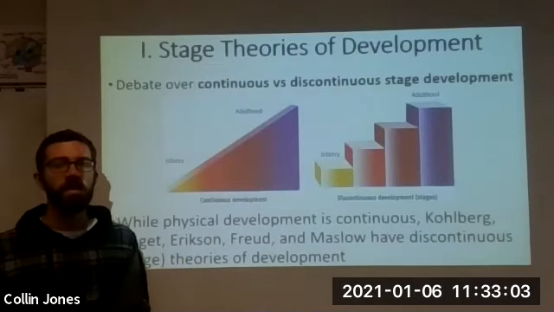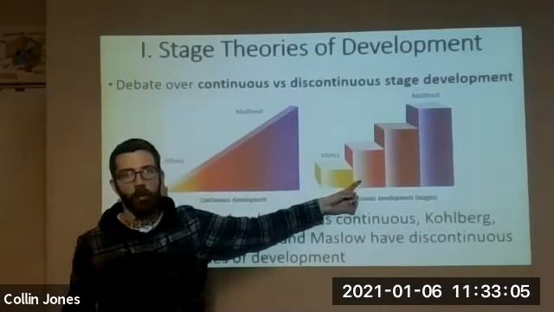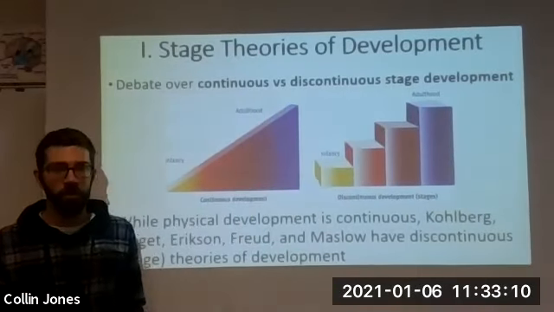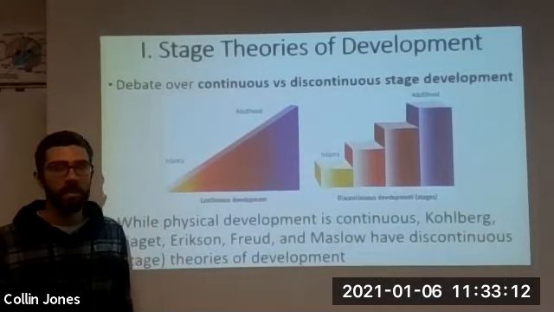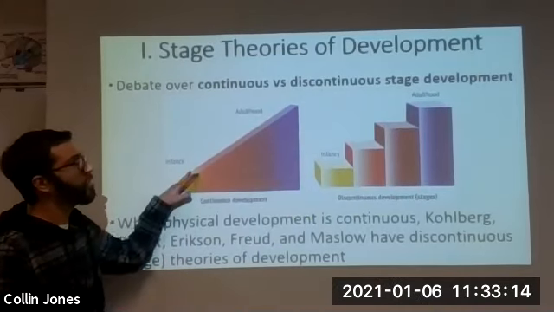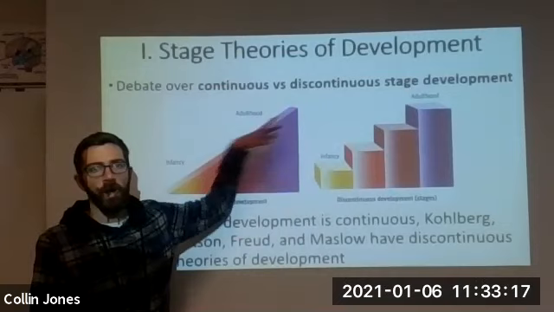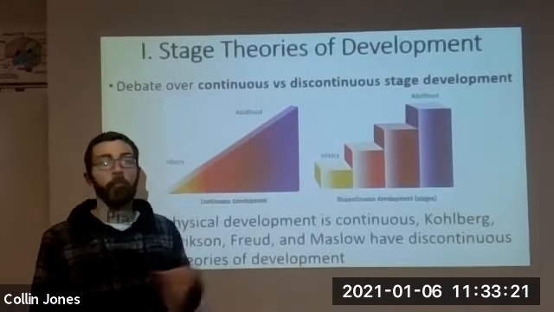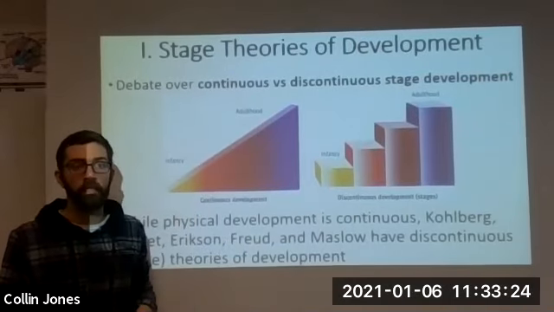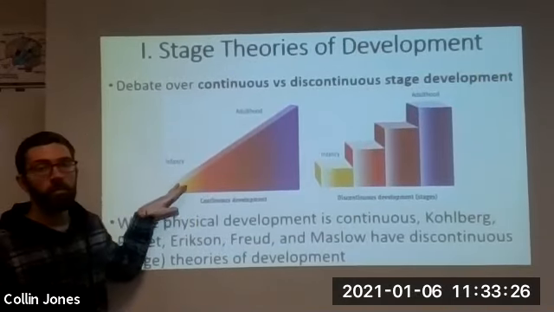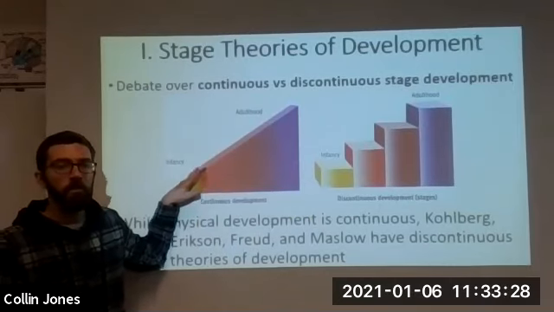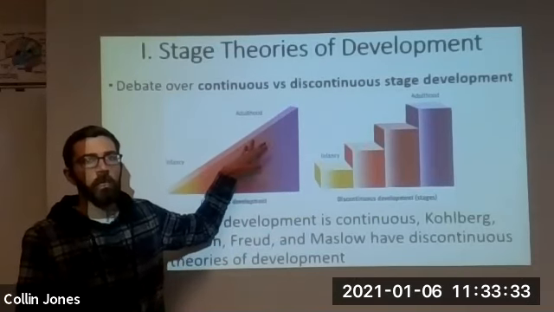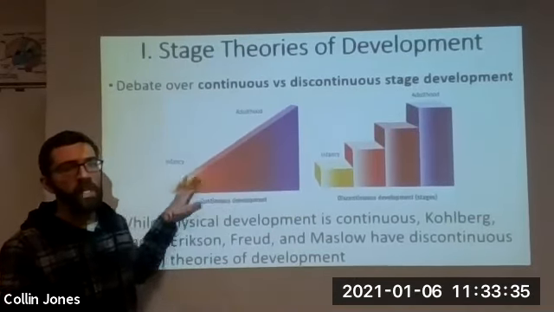So when I talk about stage theories, sometimes they're called step theories. Some researchers believe that development is continuous. So this left graph is the idea of continuous development. The idea is gradual changes happen over time, one after the other, and there's not a huge difference day to day or week to week, okay? Motor development is a form of continuous development, right? Like you're able to support a little more weight. You're able to use scissors a little bit better, to use a writing utensil a little bit better, to walk a little bit faster, to jog, to run, continuous development.